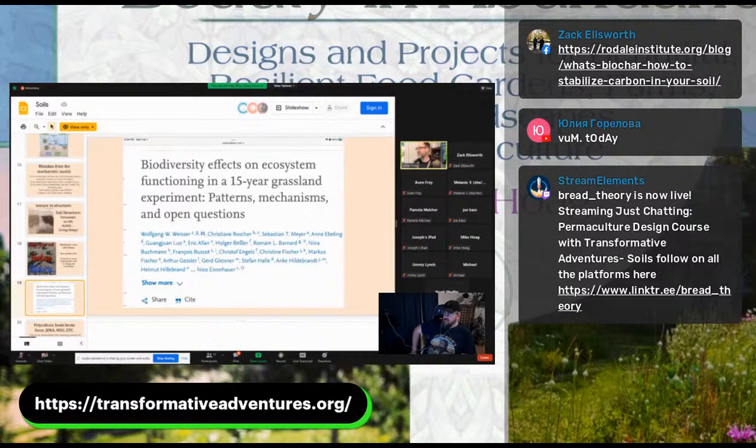And just pausing there for a second in case anyone has any thoughts or comments, questions about that. I find that body of research that's just really thriving in the last couple of years to be absolutely mind-boggling and mind-blowing. So you can actually find out some more about that research by Googling it. I think I've shared some stuff about it on the Transformative Adventures page and the research-based permaculture page.